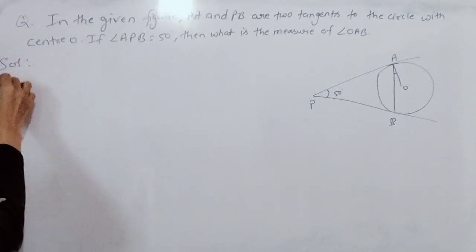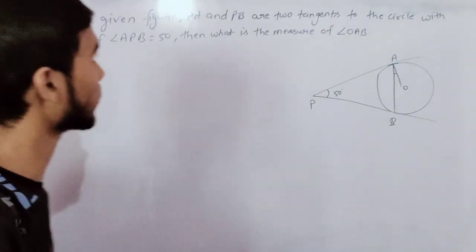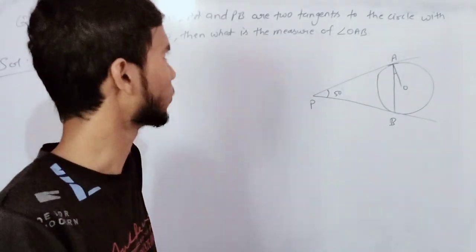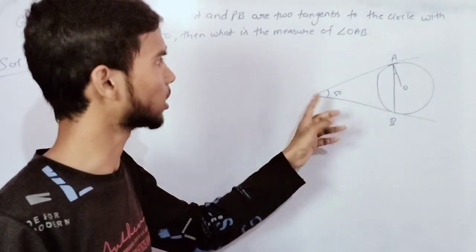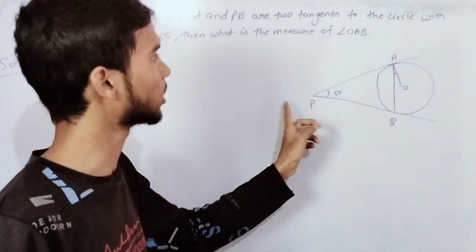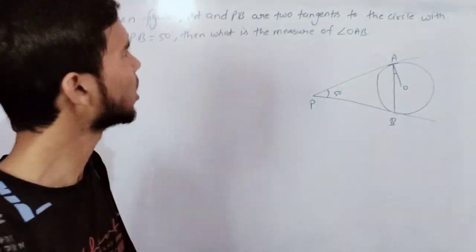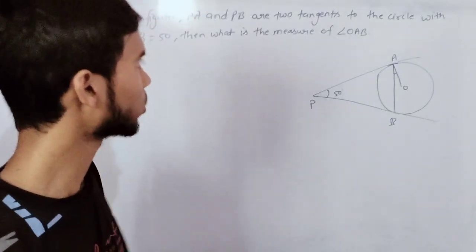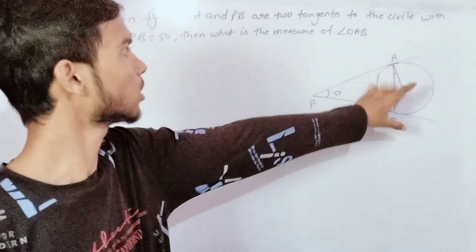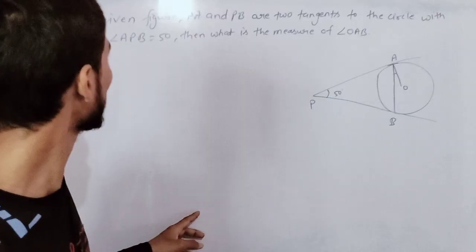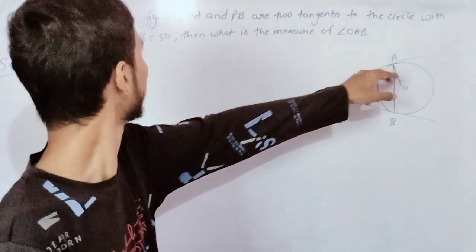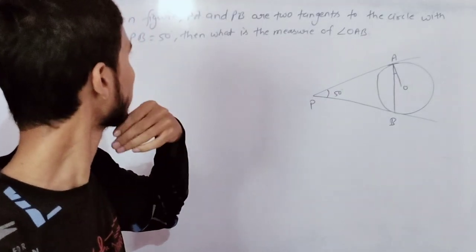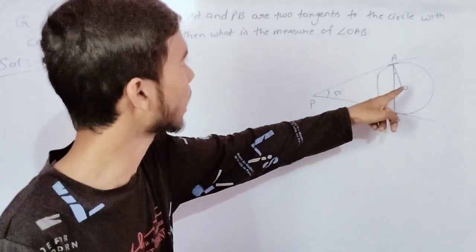In the given figure, PA and PB are two tangents. Yes, we are observing that there are two tangents, one is PA, second is PB. These are two tangents to this circle with the center O. Clear? If angle APB is making an angle of 50 degree, then what is the measure of angle